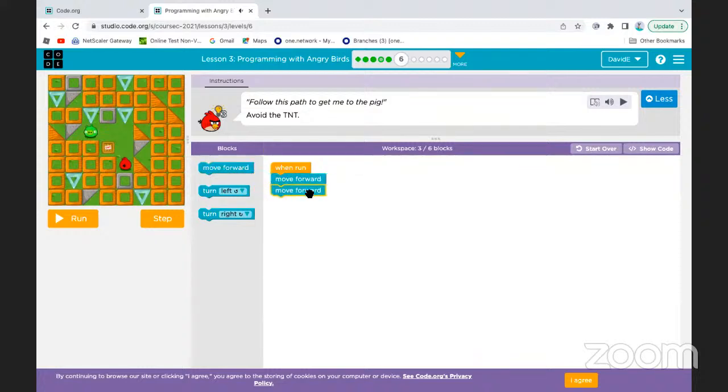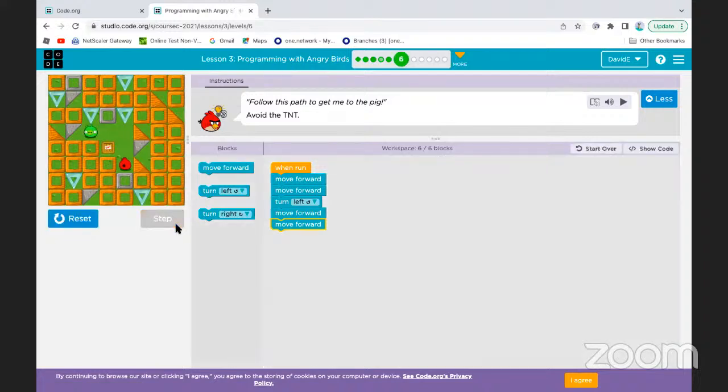Okay. And then you'll need to turn left, I think. Yes. And then move forward twice. Does everyone think this is correct? Correct. Yes. Okay. Correct. Let's do it.